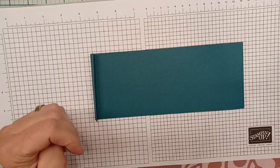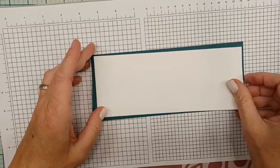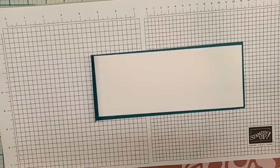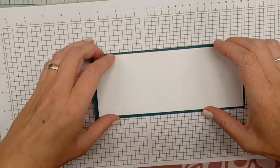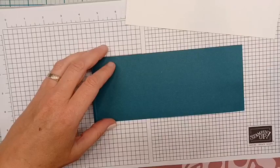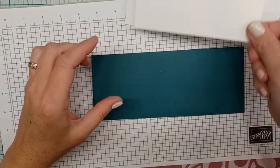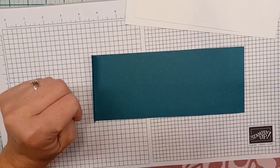So if we take that piece of basic white, you will find that it fits right in there perfectly. Look at that. Awesome. But that's still not a very exciting card now, is it? No, it's not. I hear you. So let's take this piece of white off to the side. We're going to do some work on that. We're also going to do a little bit of work on this piece of white. Let's set that off to the side. We'll do all that together. In the meantime,